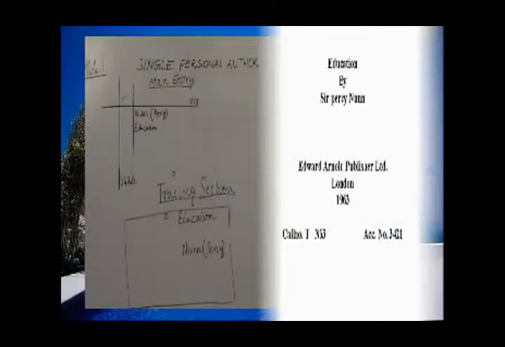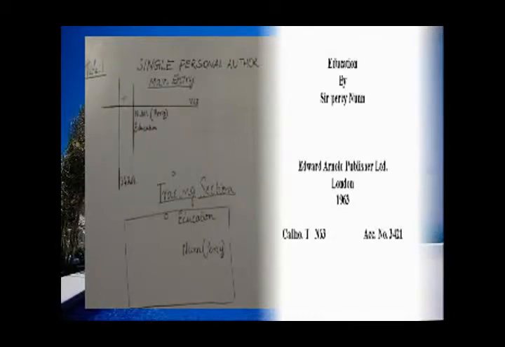Now let us see how to prepare the main entry, tracing section and added entries for various documents with different types of authors, with worked out examples. Let us start with the examples for a single personal author. For the above title page, we are going to see how to work out the main entry, tracing section and